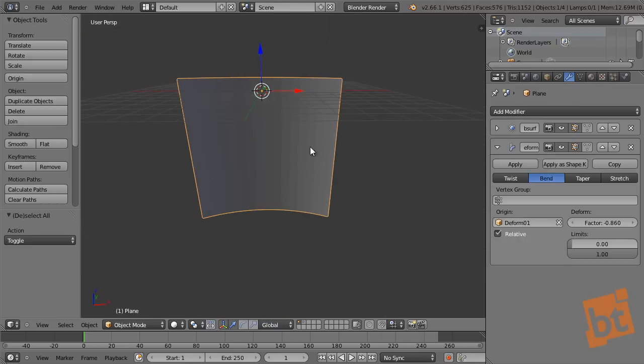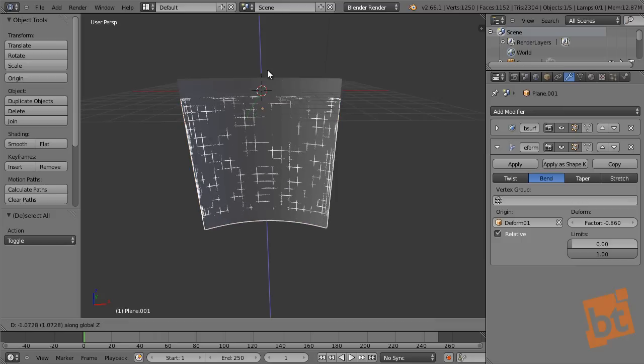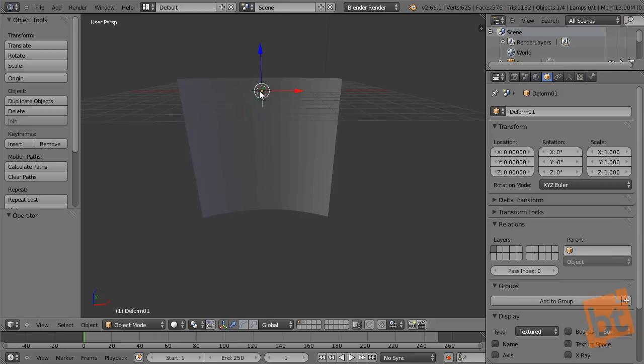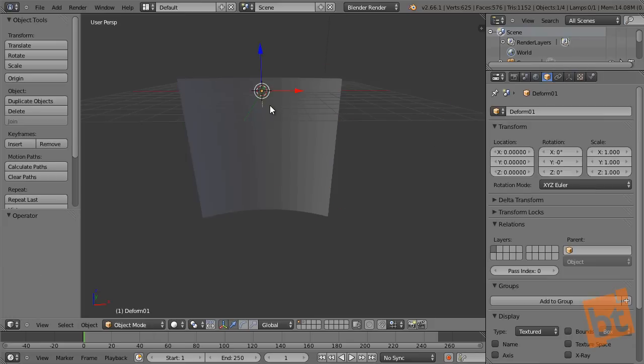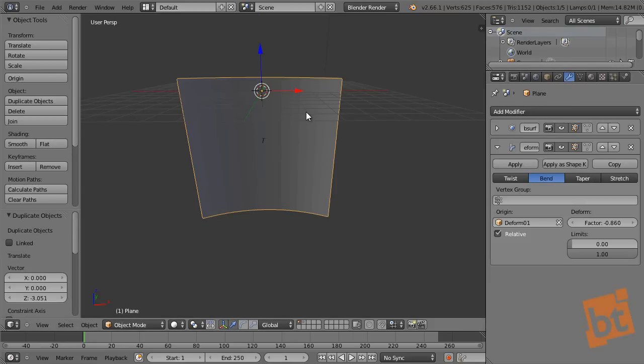Now I want another deformation. So I press Shift D, oh sorry, I just selected this plane. Okay, just select the plane axis, Shift D to duplicate it, and put it here in the middle. This will be deform 2. Let's go back to the plane and just